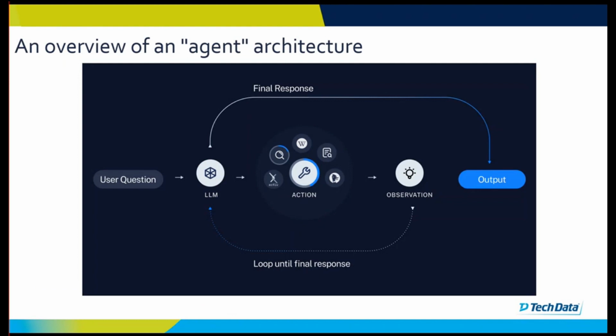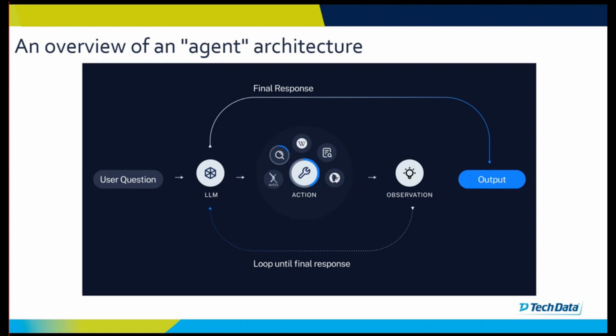So the agent here is, I would say, a more advanced cognitive architecture. If we think, starting from the user question again, after we have this question from the user, the large language model will now think, okay, what information do I need to answer this question and what tools do I have to get that information. So the large language model will be smart enough to decide which tool to use and what additional information it needs to answer the question. That is where the agent comes from.